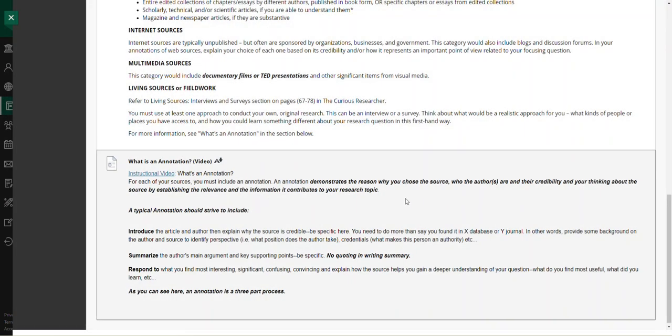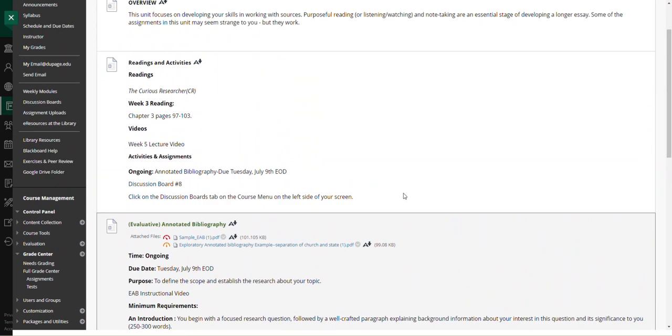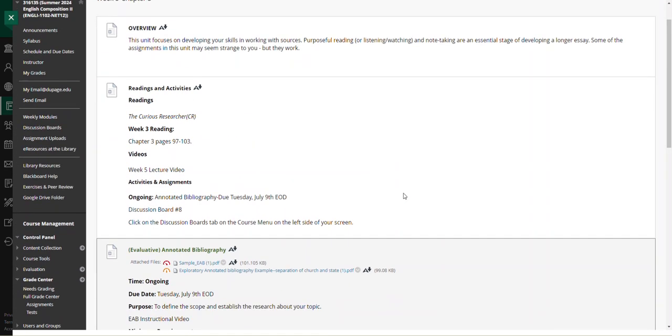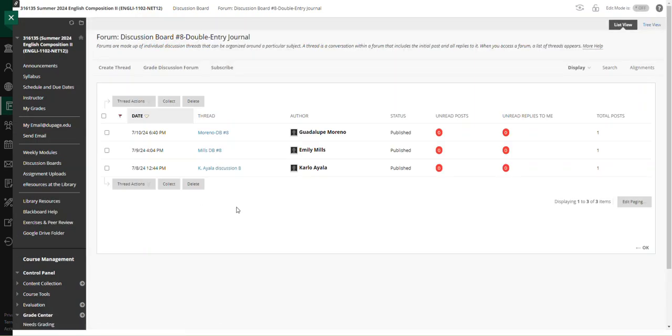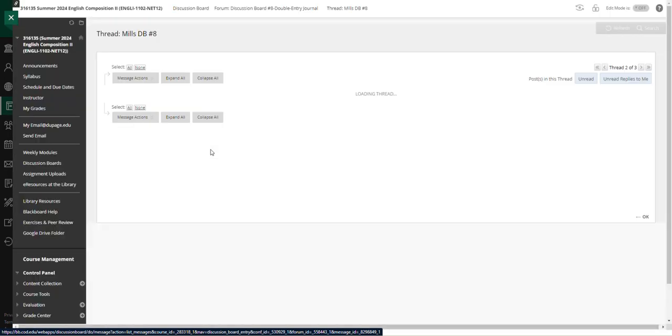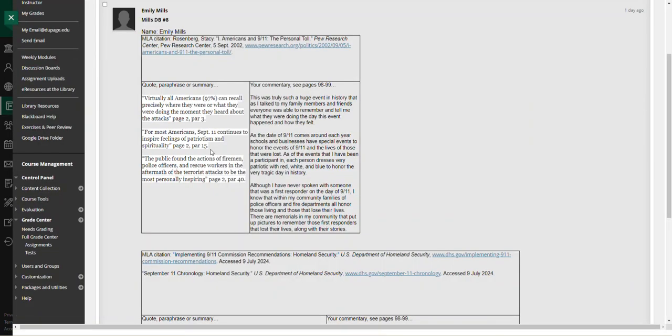Now, all of this is designed to bring us into chapter 3. Ballinger's writing in the middle, and this is actually physically working with the source material. If you've read your source material and you've provided an adequate summary and you have a clear understanding of your source information, then you'll be able to pull together some of the information that's needed for the double entry journal assignment and discussion board 9. This is where we start writing and thinking about the source material. So once again, I'm asking you to pull 3 quotes, paraphrases, or summaries out of your sources.